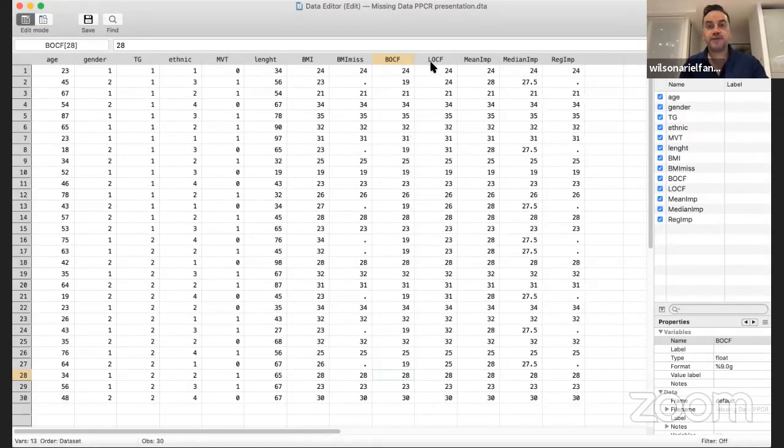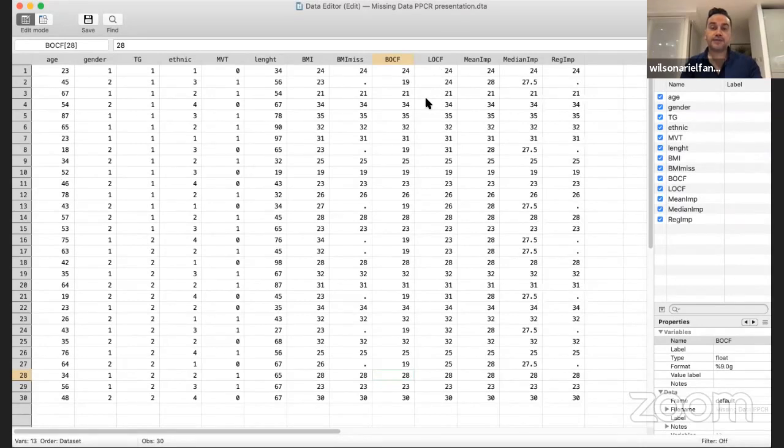So the other possibility is the last observation carry forward. So basically, you just replace this number by the last one. So the last one was 24, that's why it's 24. And then the last one is 31, so 31 here. The last one was 26, so 26 here, and so on. And this is the last observation carry forward. Again, it doesn't make too much sense to me, but